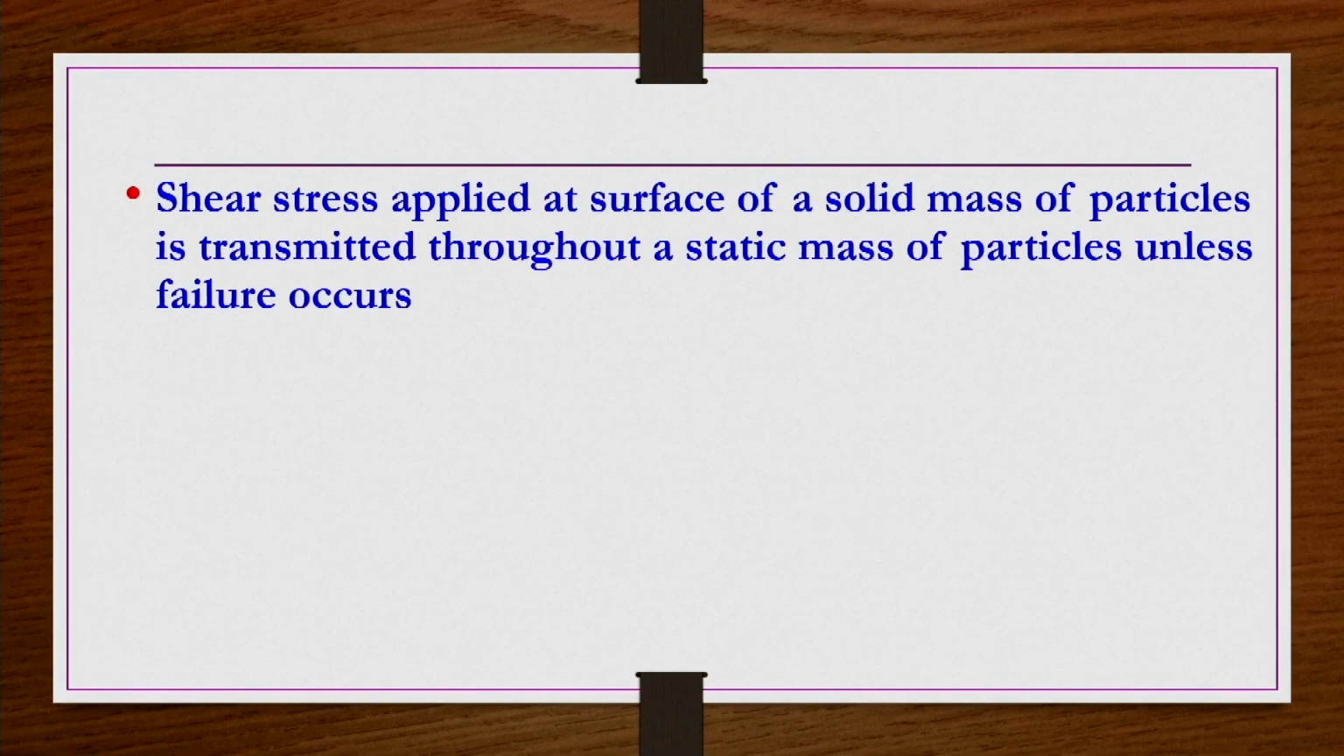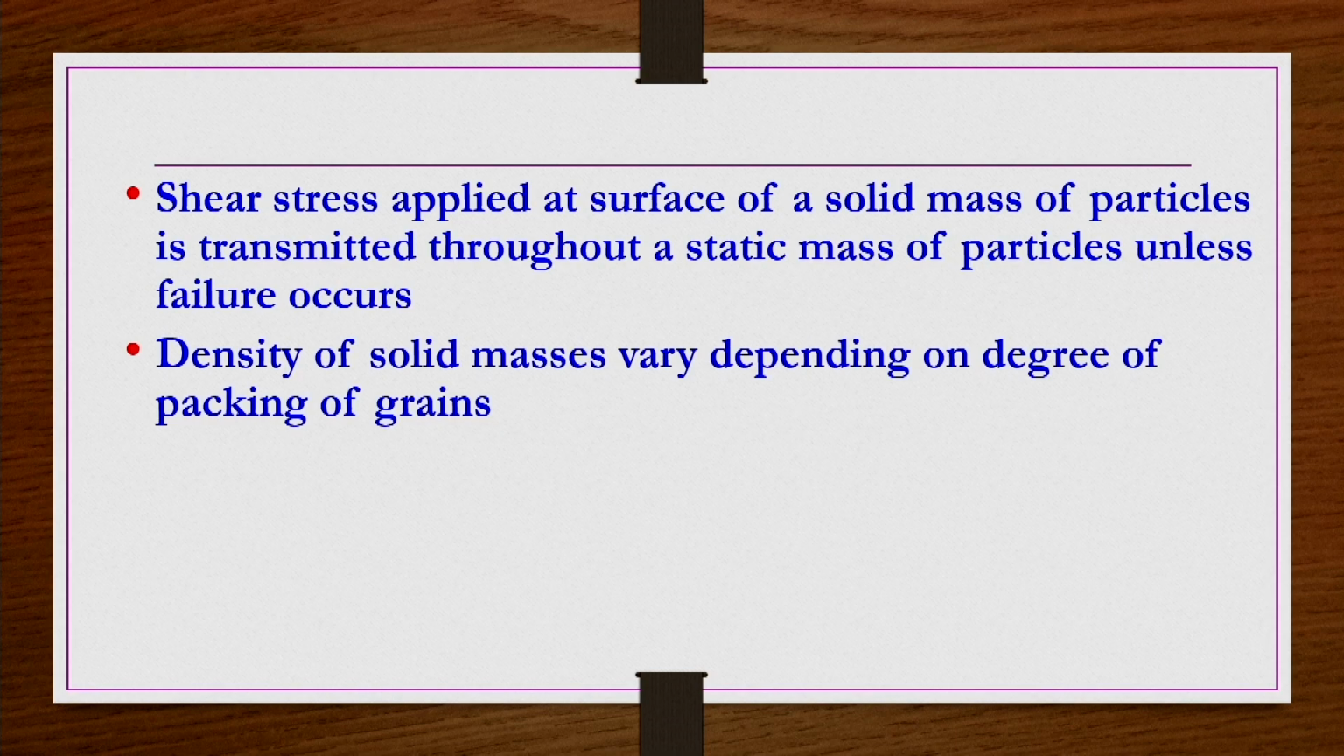Then the shear stress applied at the surface of a solid mass of particles is transmitted throughout a static mass of particles unless the failure occurs. So, not only the pressure, whatever shear stress is applied on a surface of solid masses, that is also going to be transmitted throughout the static mass of particles unless the failure occurs. Then the density of the solid masses is also very much important, and it is a distinctive property. So, the densities of masses of smaller particles vary depending on the degree of